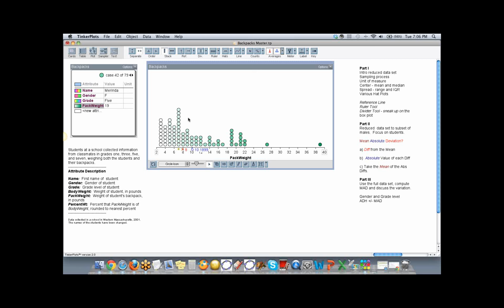So here it would be a nice time to have a discussion about, well, which average would be the one that we want to use? And if we want to make the case that the kids are carrying backpacks that are too heavy, we probably want to go with the mean. If we want to say, well, what's the most common backpack size, we would go with the 7 pounds. So just to kind of get us used to the data, I wanted to show those. I'm going to now turn those back off and do some things with variation.